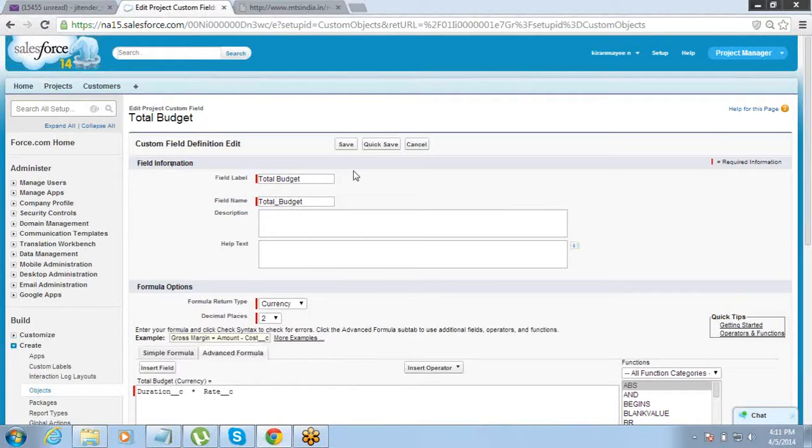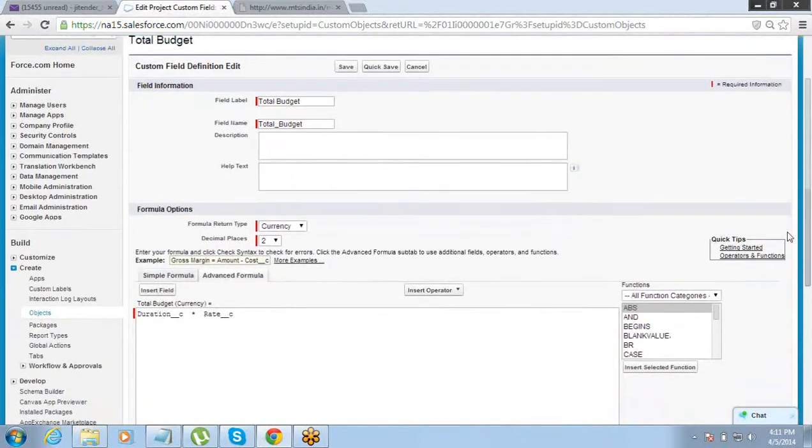So what should be the logic basically? Okay. If you see on the right hand side, there are all these functions. You must be familiar with all these functions from Microsoft Excel. If, else, all these logical functions are available here. Maths functions, date and time functions. Most of these are available in Microsoft Excel, and you must have used them there.